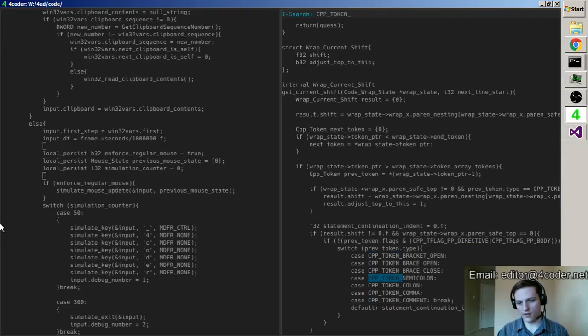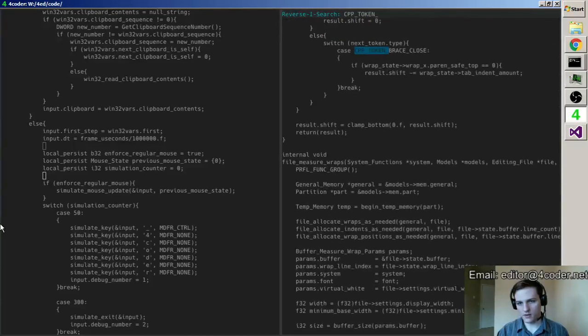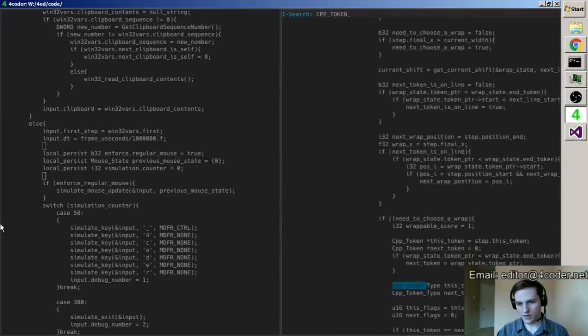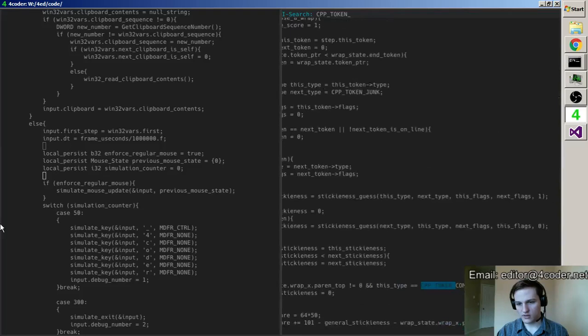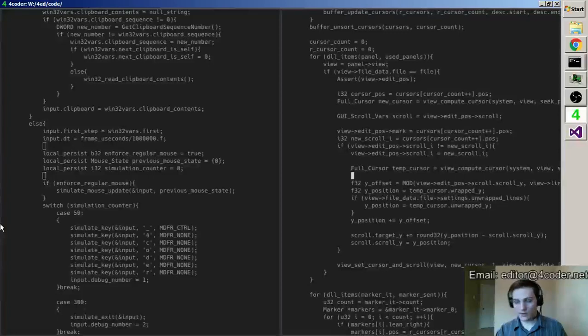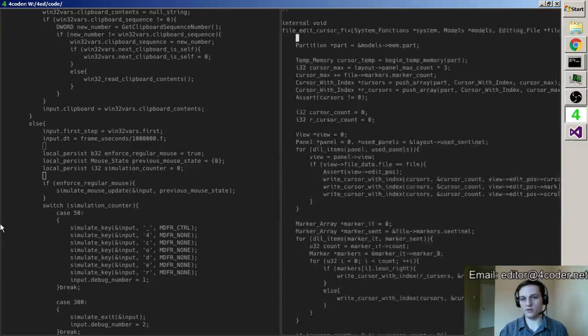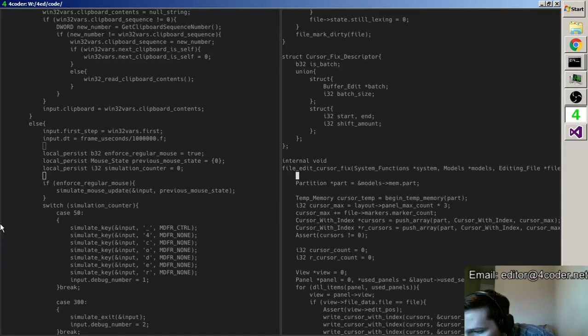You can see here brackets, braces, semicolons, colons, commas, comments are kind of the most important ones. Maybe string constants, if you're going to have multi-line string constants. So, I mean, yeah, it's up to you. The most important ones for just getting indentation are definitely braces. Yeah, I would just add in as many operators as you can, because that's where most of the logic comes from.